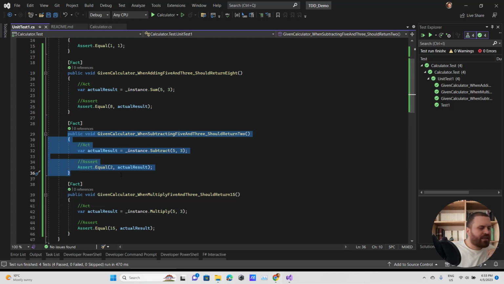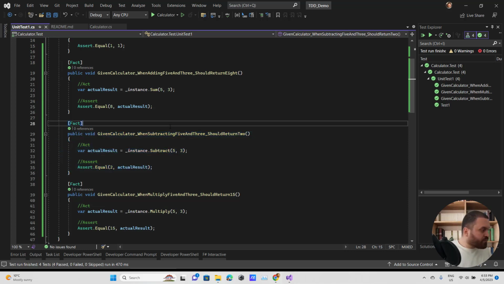And I had the instantiation in both methods. Was it a good time to refactor it and just extract it into the constructor? I believe not, because when you have a repetitive thing once, it is an accident. Twice, it is a coincidence. But after that, for the third time, it is a pattern. And when you see a pattern, it is time to extract it and use it as a method somewhere in the constructor or I don't know where.